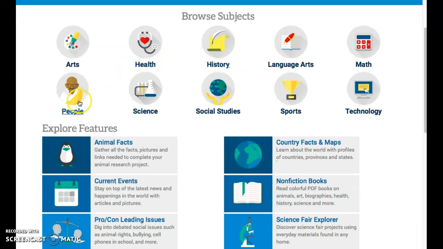The browse subjects, I think this was a particularly nice feature. I know we have a lot of students come into our library. They're doing biographies. We have one district doing a wax museum, so they want information on a certain person to get into character, and others are doing reports, video reports. So I kind of played around with this, people,